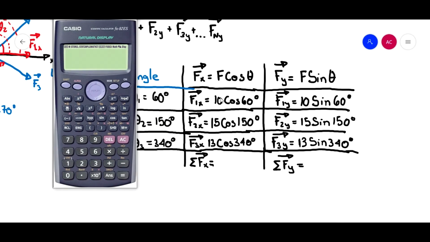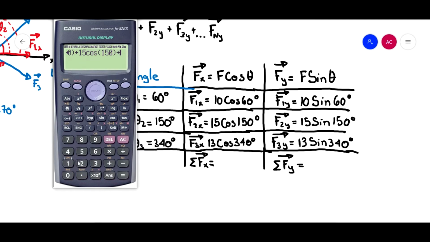Okay, so what I'm going to do, I'm going to add them all. So it's going to be 10 cosine of 60 degrees plus, now this one. If you want to write all the answers independently, you can do it. And in fact, I recommend you to do it. Why I don't do it? Because it's going to take a lot of procedure, and the chart is going to be so long. But you can do it. Plus 15 times the cosine of 150